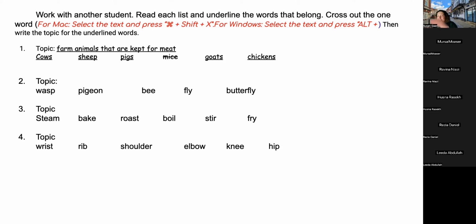Okay, think about this. You have a wrist here. I think it's hip. They are joints, I think. Elbow is the part of our face. Okay, but whoever says joints, you are right. So which one is not a joint? Hip is a joint, knee is a joint, elbow is also a joint, shoulder is a joint. Yes. What about rib? Rib is not a joint. Wrist is a different joint.